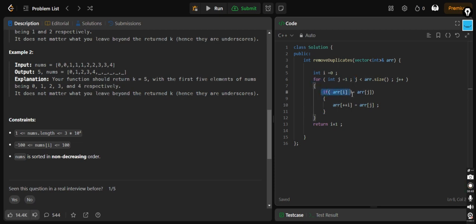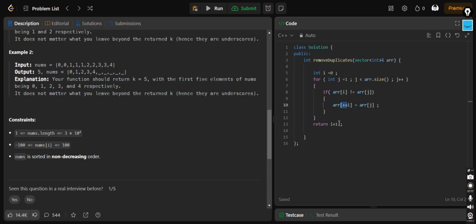If you find that i is not equal to j, that is we have counted a new element, so we'll do plus i. We have just done the pre-increment. What we'll do is first assign the value and then increment. Here we'll first increment and then assign the value. As I have told you, when i was on 0th, we encountered a new element, we'll first increment to the second index and we'll assign that value to that index.